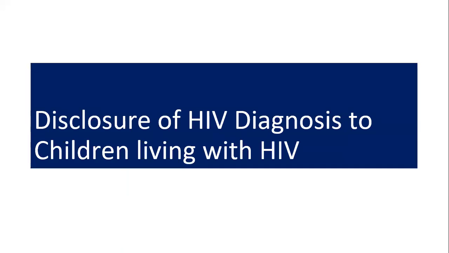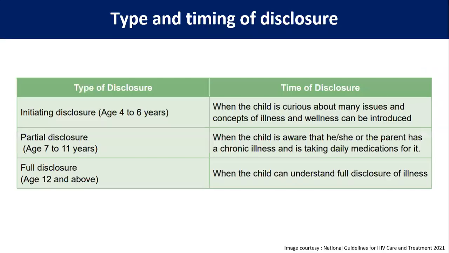Now, a very important issue is disclosure. When, how, and what are the consequences of when you disclose? These depend upon the caregiver's knowledge and attitude. So the type of disclosure we can club by age, between 4 to 6 years of age, where we can do the initial